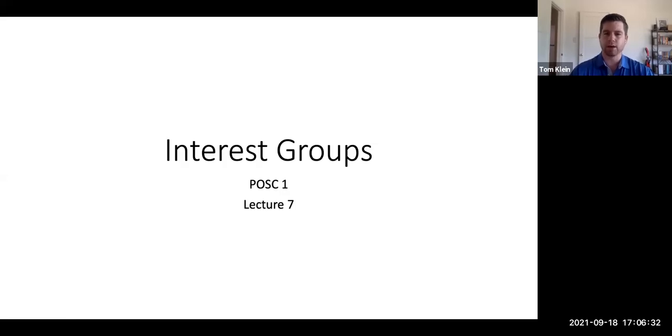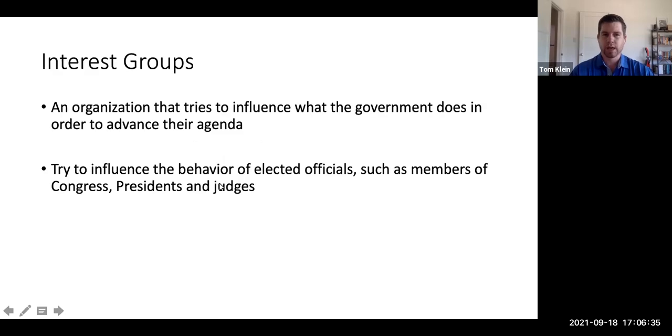Today we're going to be talking all about interest groups. Now let's go ahead and define what interest groups are. We're going to use the term interest group and the people who work for interest groups throughout the lecture. So it's worth defining as an organization that tries to influence what the government does in order to advance their agenda. So essentially what interest groups do, they're organizations or they're people who work for organizations, we might call them